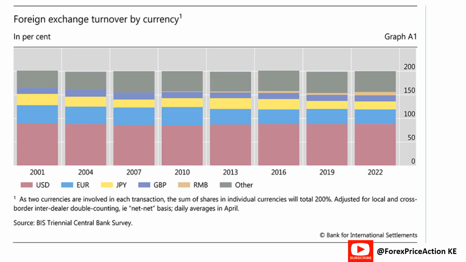And this is just a graph, just to give you a visual presentation of how big the dollar is. You can just look at these stacked bar charts. You can see the dollar. If you look at the volumes, the dollar is high compared to the euro, pound, Japan. The RMB, this is the Chinese yuan, has been growing in popularity over the past few years because of the impact the Chinese are having on global macroeconomics. And others. Now, others are your other minor pairs, exotic pairs, and I'll be deep diving into these as we go through